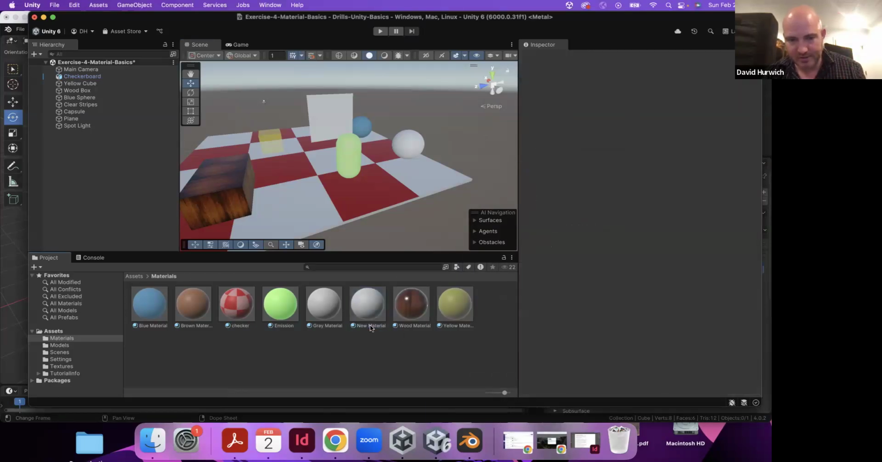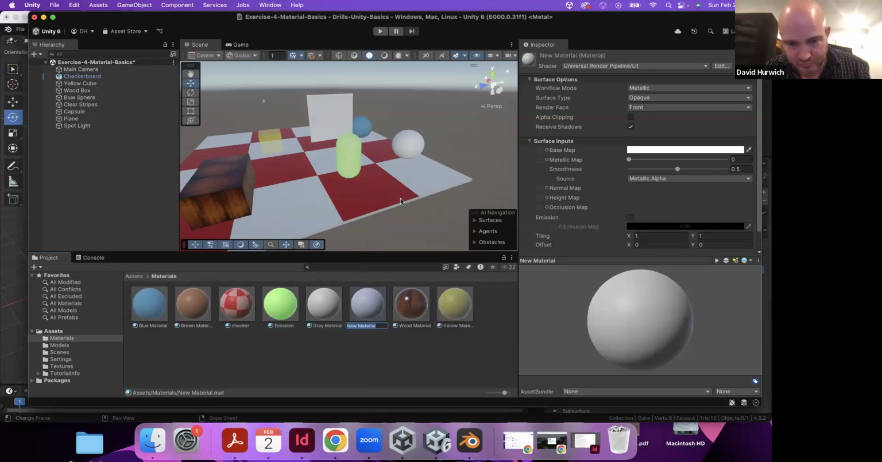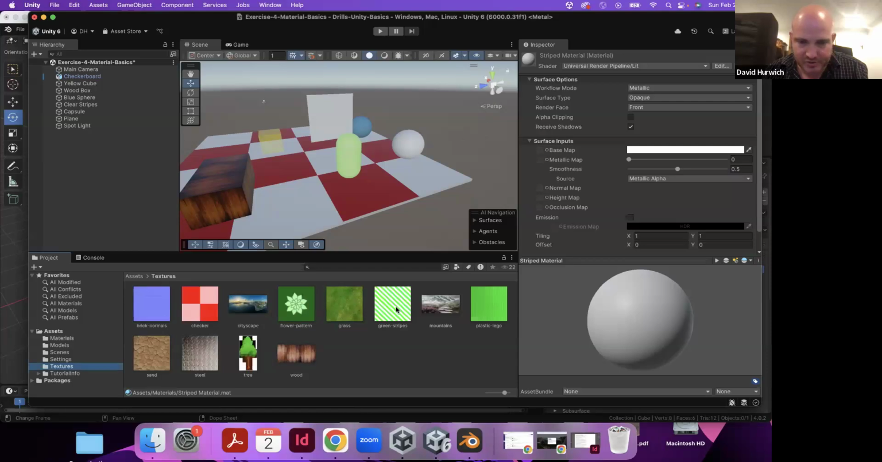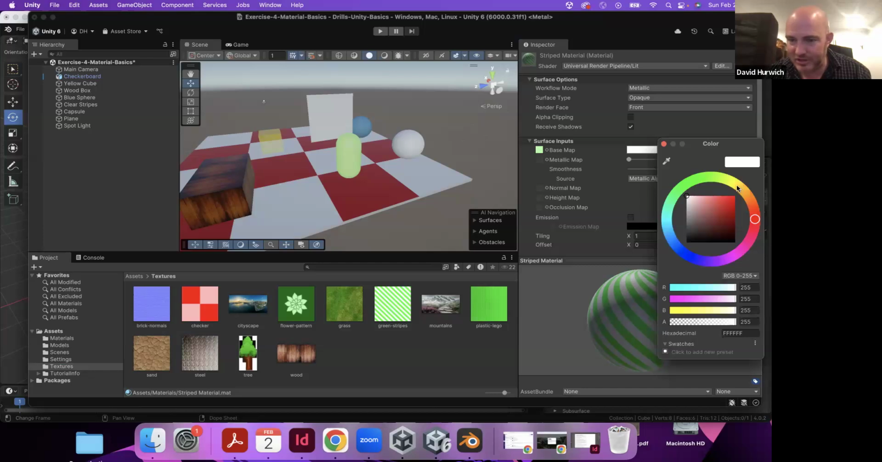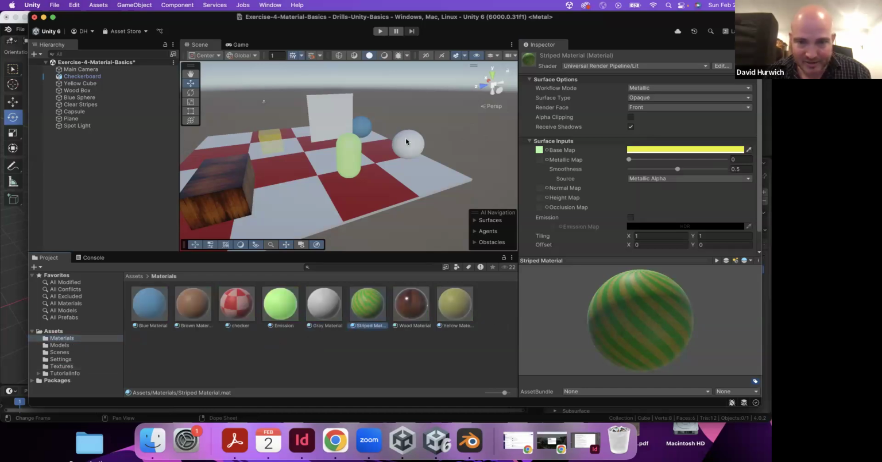And I'm going to call this striped material. And a lot like the wood texture, what I'm actually going to do is take that GIF file, which is here called Green Stripes, and drag it into the base map like this. Now, when I do that, you'll notice that I do get the stripes, but we can still see the material underneath it. And in fact, if I were to put a yellow or something, you can see that when I apply this,